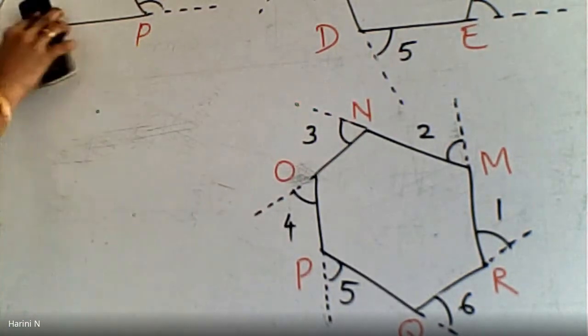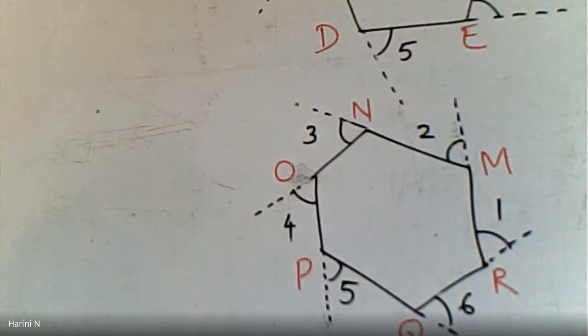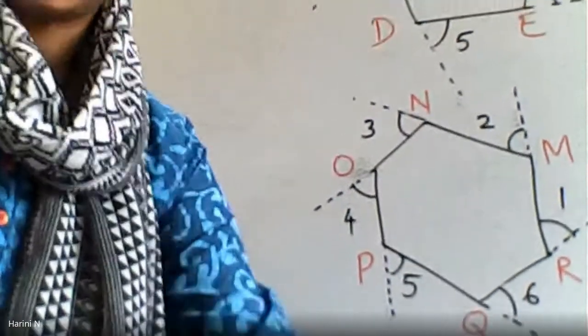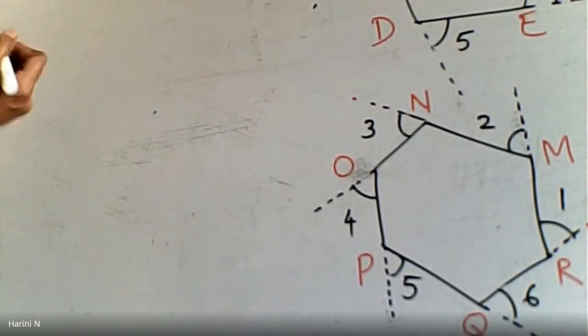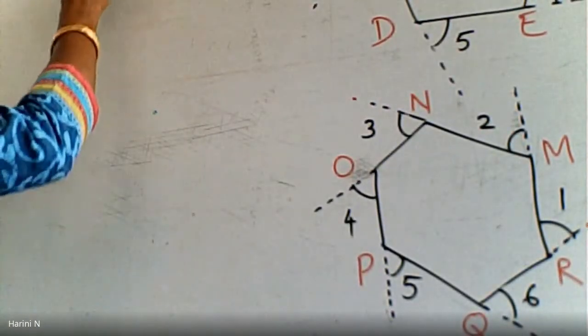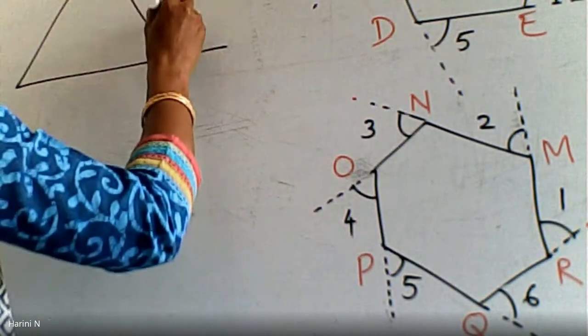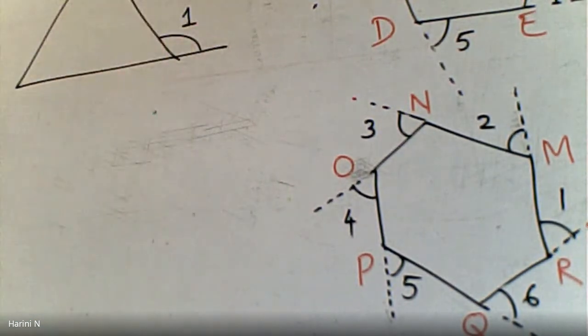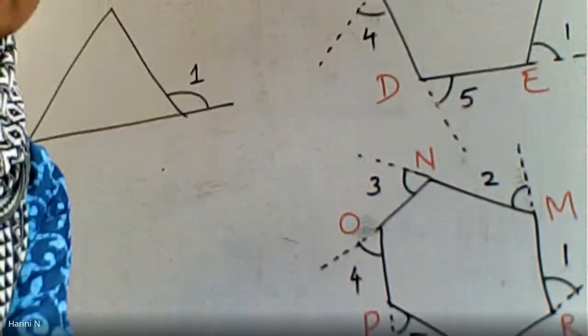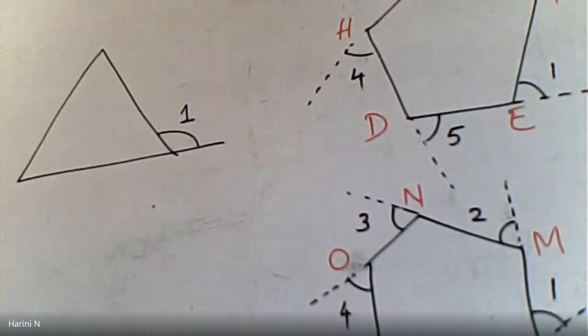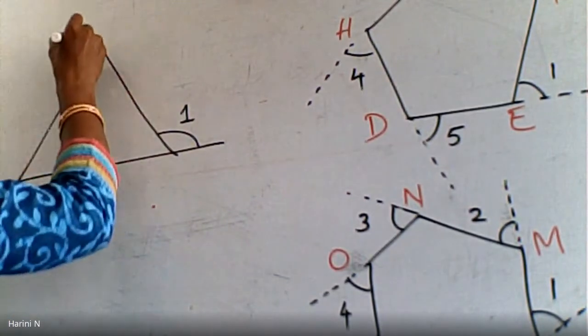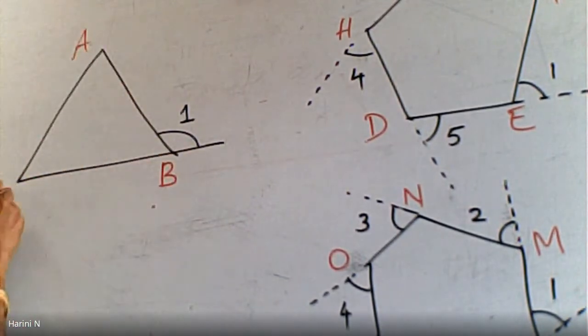Now, the second issue that I was talking about, when you want to copy an angle, I'll just explain to you what I said, because I was simply doing it without any reference. Now, suppose I take a triangle itself. And this is the exterior angle I have marked. I need to copy this angle. Wait, I will extend it a little. Yeah. Okay, that is the exterior angle I want. Say I name the triangle as A, B, C. Okay, so the exterior angle at B is what I want to copy. So it is very simple.